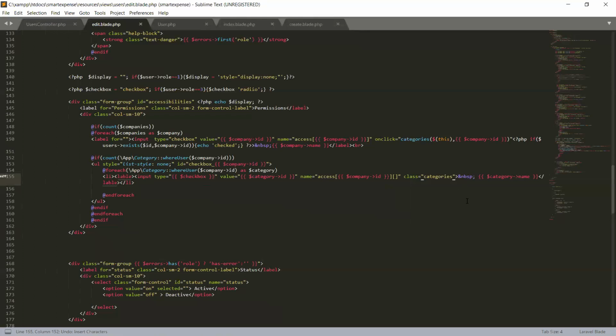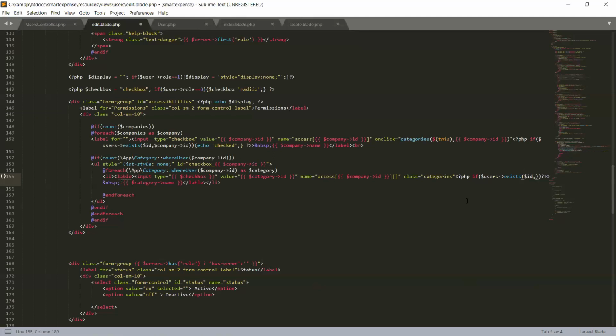Let me write PHP and the double angle bracket. PHP, so if user exists, if user exists, and we will pass the parameter.